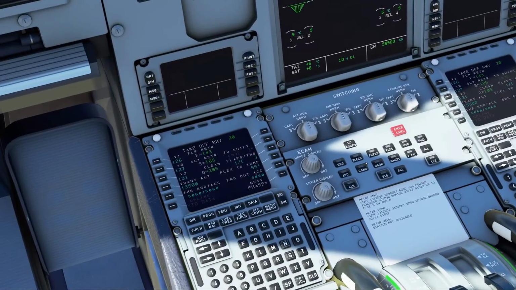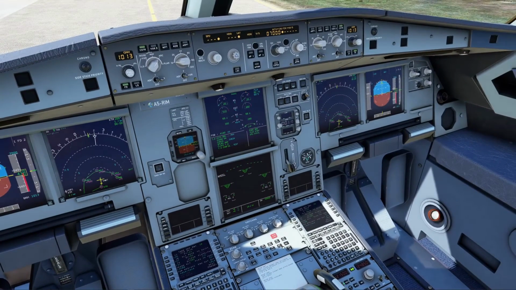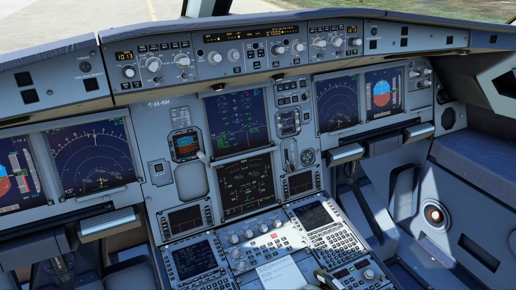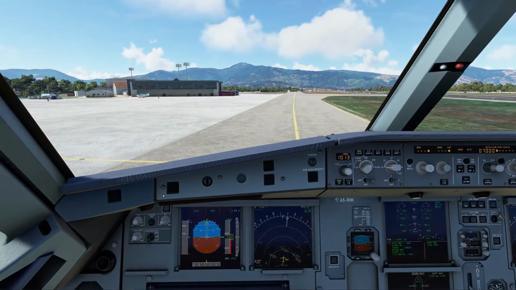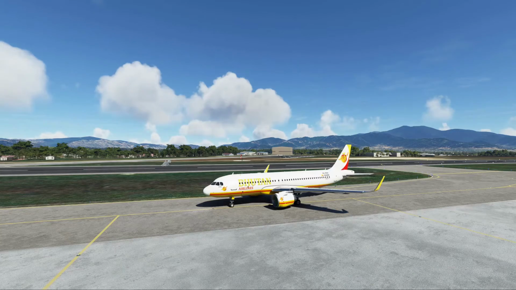Okay, we need to do our flight controls. So full forward, full aft, full right, aft, and right and left rudder. That's good. Flaps are set to 1. No need for engine anti-ice. ECAM status is checked, and ECAM door page. Just check that again. That's good. And the tug is out of the way, so let's just make sure he's not in front of us. Good, he's not in front of us.